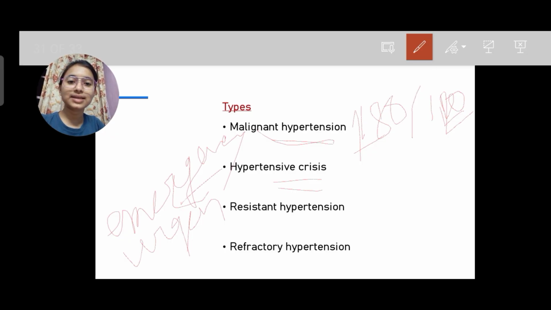Resistant hypertension. What is resistant hypertension? The person's BP remains uncontrolled despite taking 3 antihypertensives including a diuretic. Means the person is taking 3 antihypertensives, suppose an ACE inhibitor, a diuretic,